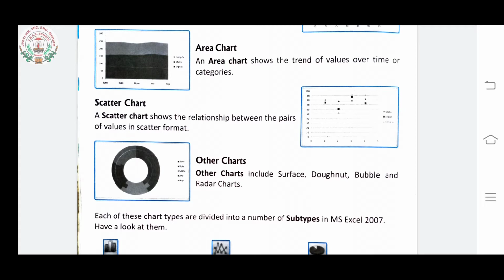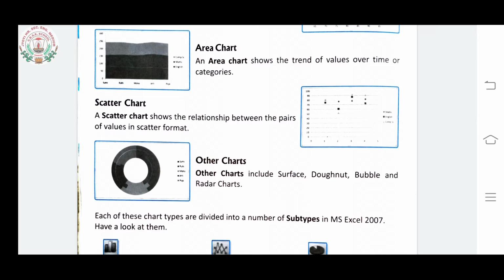These are not generally used in a practical way. The commonly used charts are the column chart, the bar chart, and sometimes the pie chart. These three are mainly used. The area and line charts are also commonly used. Line charts are sometimes used, but all these donut, area, bubble charts and the like are not used practically.